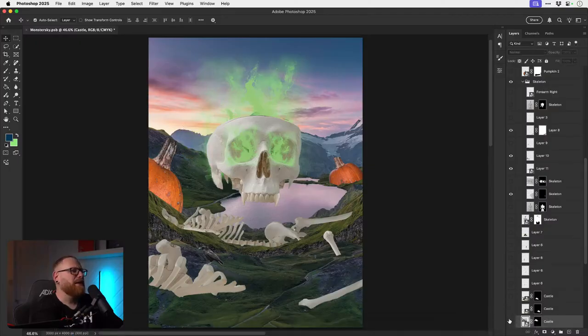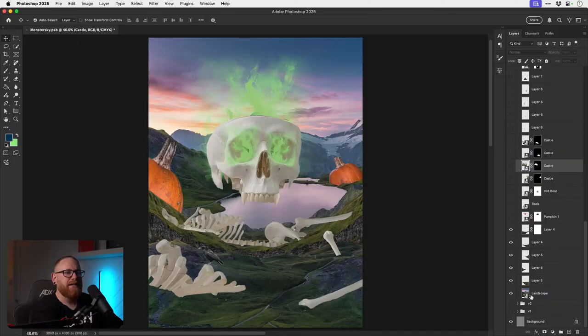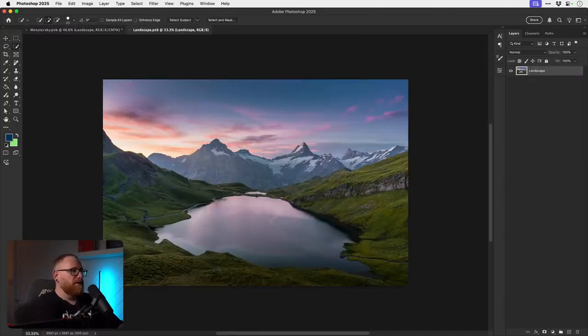Mountains in the background. I think I need to have the mountains separate.